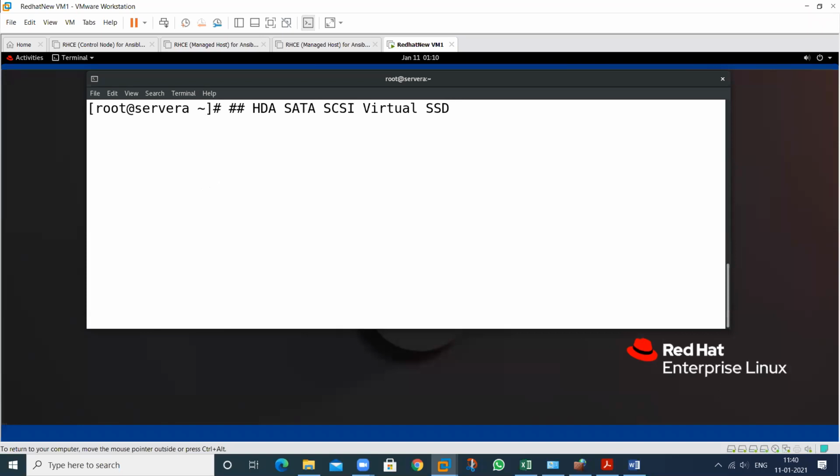For the SSD, that is called NVMe, because in my Linux, NVMe, all are the files. So this is the file related to the SSD. If you have any virtual disk available in your machine, that is called VD, virtual disk. If you have the first disk, that is called vda. If you have another disk, vdb, and so on. For SCSI and SATA, all are the same.